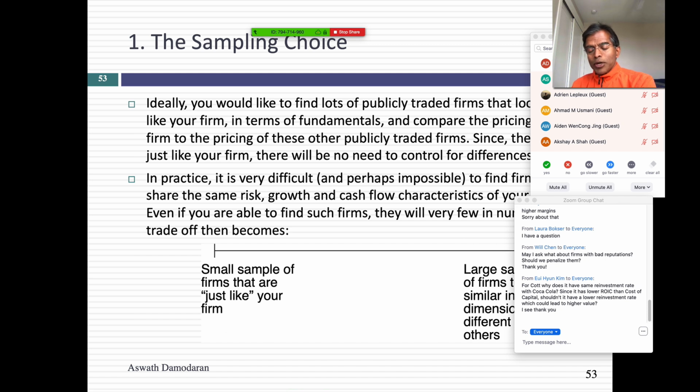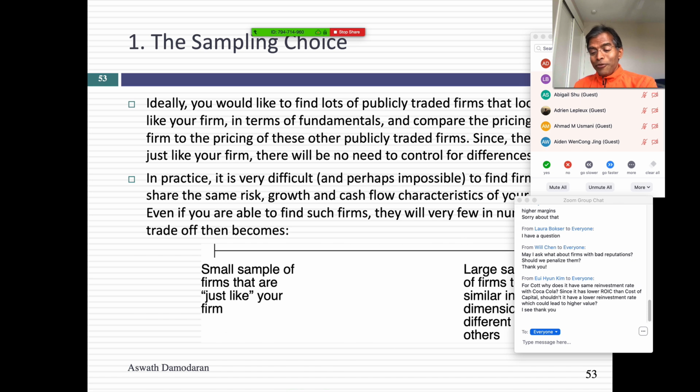Now, when you sit down to price your company, that's the next phase of your project. Let's say Laura has to price Lyft. She can define comparable companies as other ride-sharing companies. And Laura, if you define them as other ride-sharing companies, how many companies will you have in your comparable list? Probably like 4 or 5. Will you even have 4 or 5? Because remember, 3 of those are not traded. Actually, I'm pretty sure it's Lyft and Uber. That's basically it. So to price Lyft, you've got to use Uber.